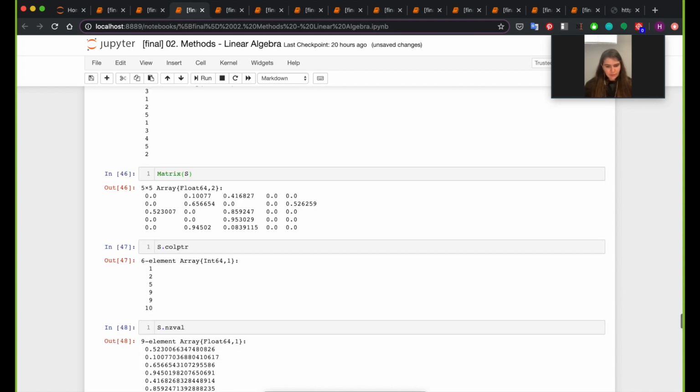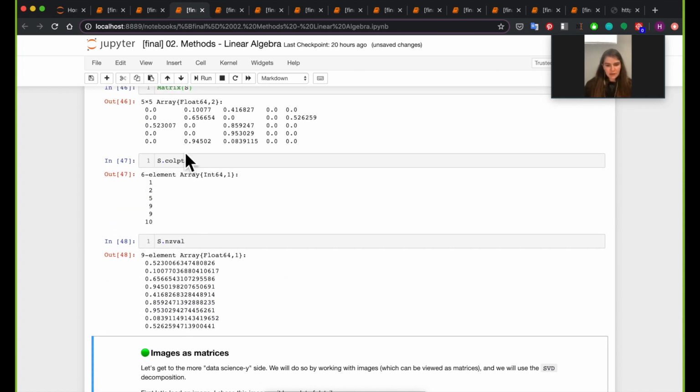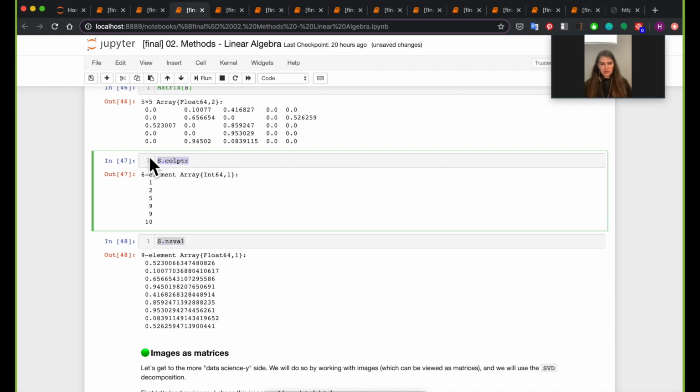These are the actual values. You're going to see that they are vectorized here. So this is the first element here, 0.107, and so on and so forth. So this is how a sparse matrix is stored. All you need is really just these 3